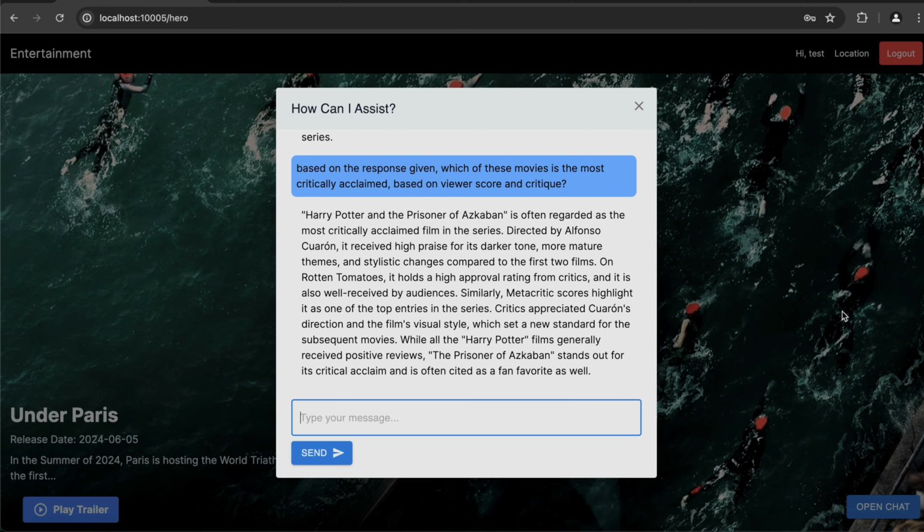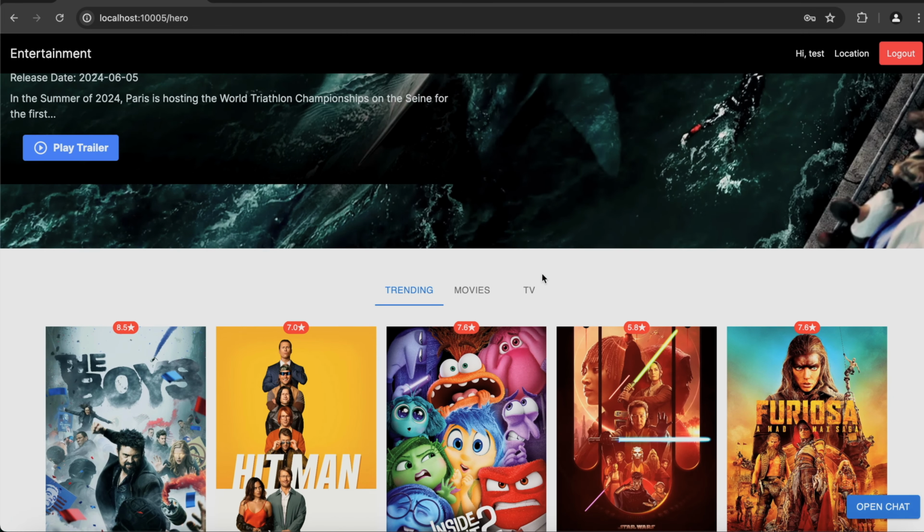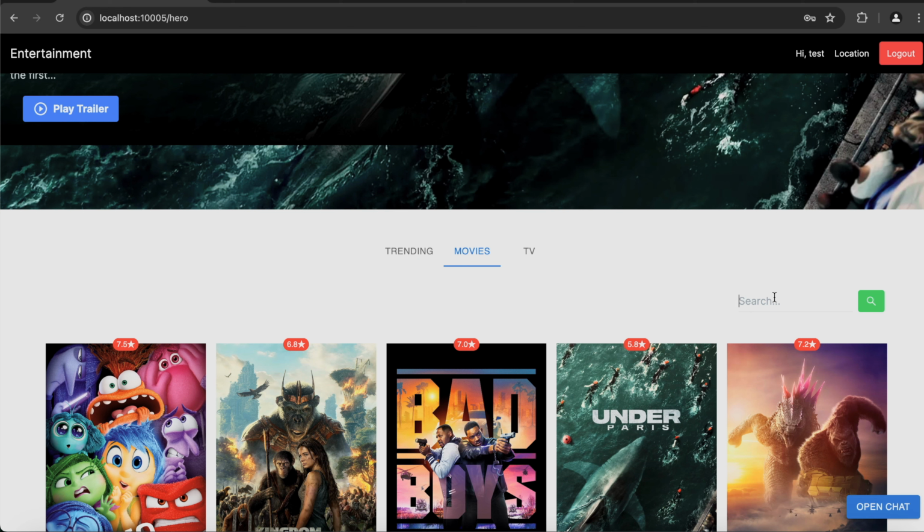Here it says Harry Potter and the Prisoner of Azkaban is often regarded as the most critically acclaimed film in the series. It says it holds a high approval rating from critics and is also well received by audiences on Rotten Tomatoes. Let's see if that is actually true. With our application, we can actually find out. If we close out of this and scroll down to our movies here and search Harry Potter,